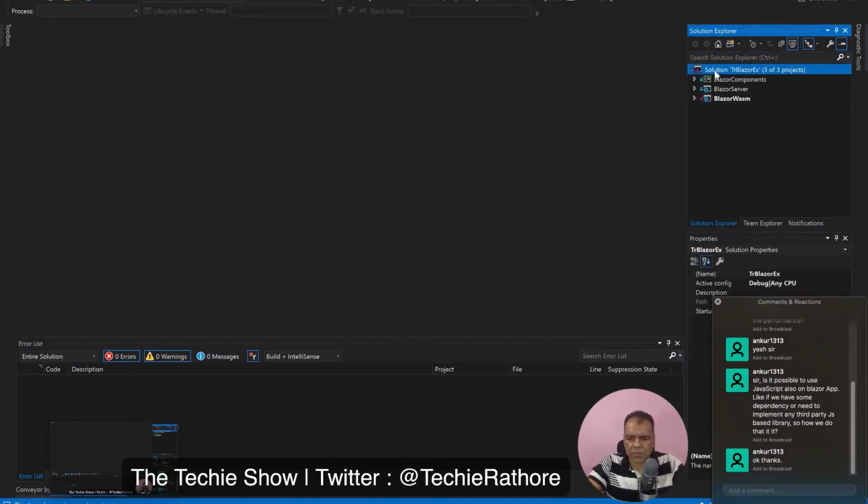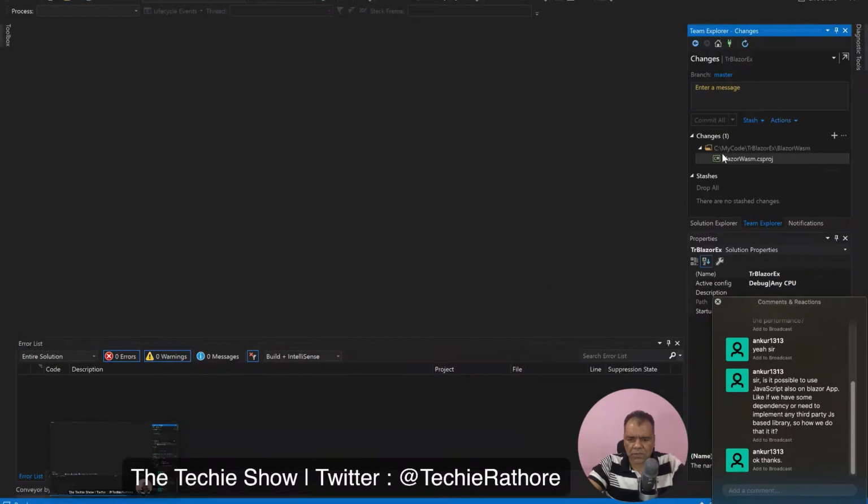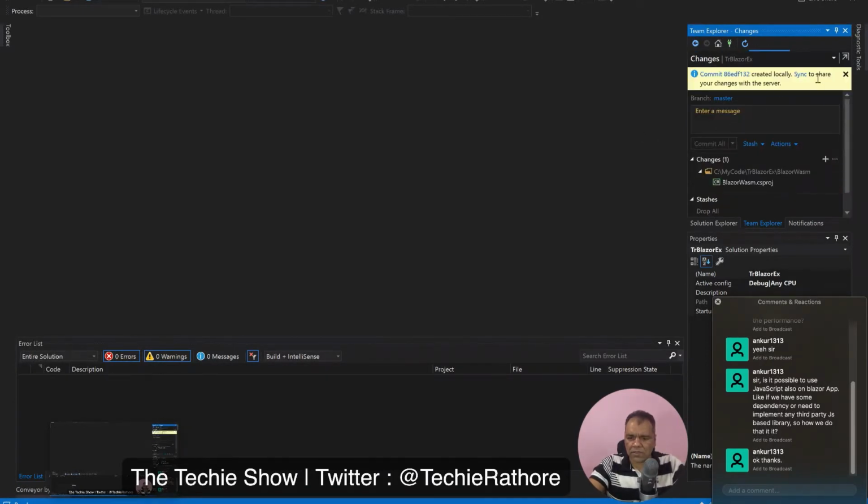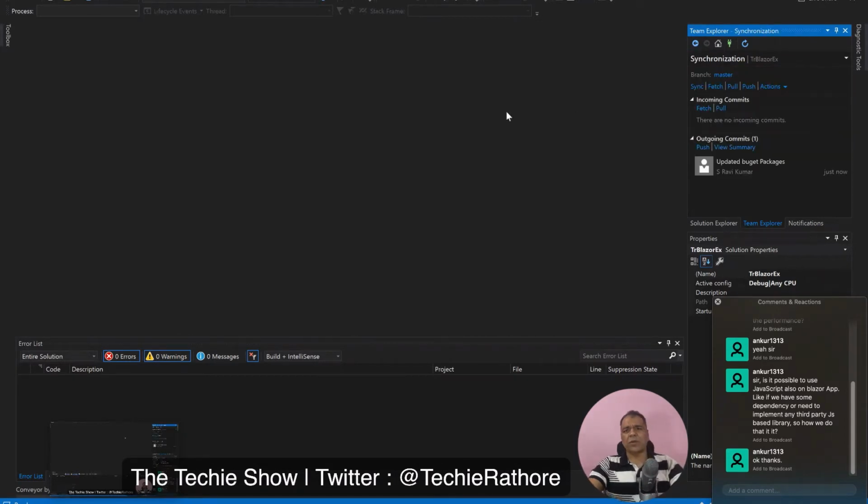Let me just commit the changes which I have done. Updated NuGet packages. Okay, probably next time we'll run this thing. Let's sync this. So probably next time I'll try to run this once again, or when I'm offline I'll try to see how I can change the configuration to use IIS instead of using IIS Express. I can use Kestrel to run the server. Kestrel, if you don't know, is the default cross-platform local server which is used to run .NET Core applications.